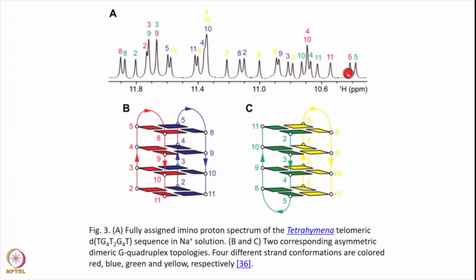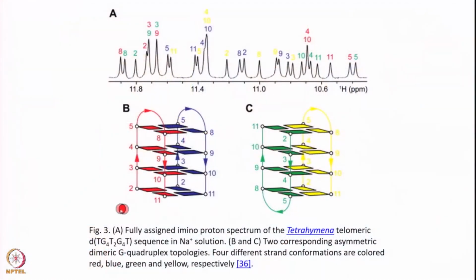You can see all of these are very well resolved here, all the imino protons, and for all the different strands peaks can be identified. They are identified with the different colors as indicated in this. So this can actually become as complex as protein spectra. Even a small molecule like this presents such a wonderful dispersion and so many peaks, and it is of course quite a challenge to establish all of these